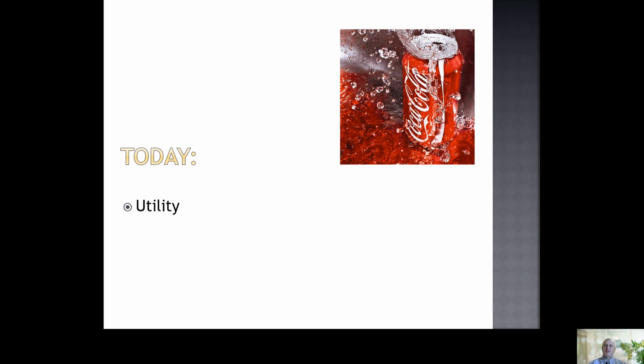In this chapter, you will continue to learn further about the law of demand. Remember, the law of demand says that as the price of a product rises, the quantity demanded will go down. In the last chapter, we explored elasticity, which measured our sensitivity to those price changes. In this chapter, we will learn about utility, which discusses our satisfaction with those goods and services that we consume,